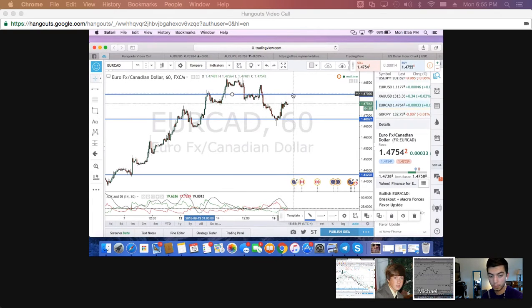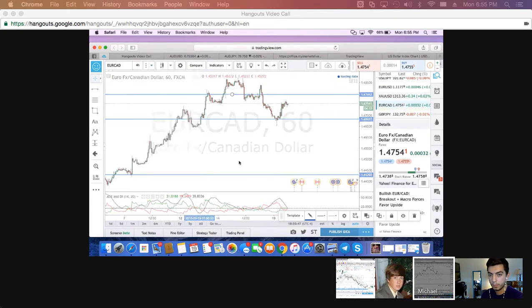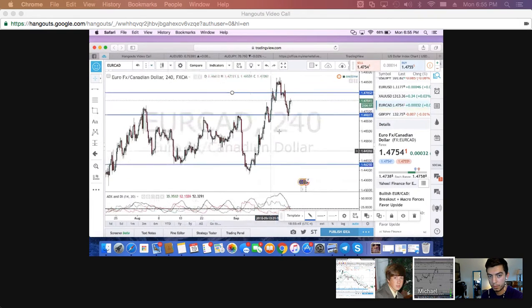But I'm looking at a bigger time frame. That's why I'm not taking my 20, 30 pips right away, because I'm looking at this on the 4-hour chart. I'm expecting this to make a higher high, because it just broke that zone, retested it. Now it's gonna try and make a higher high.